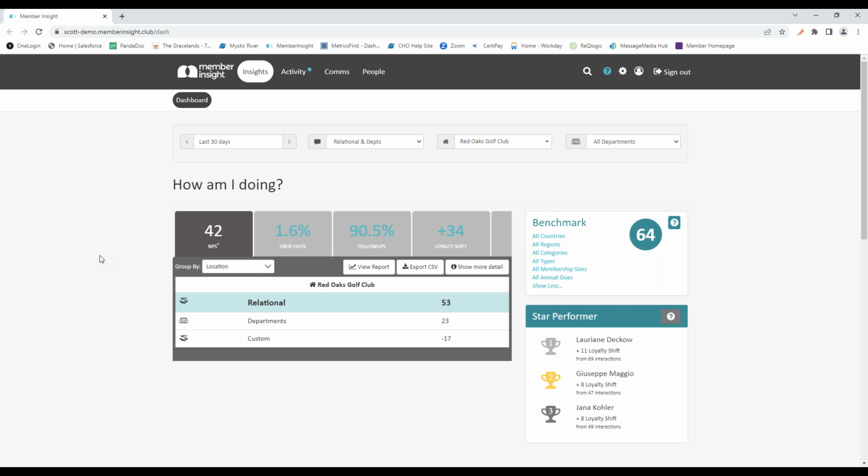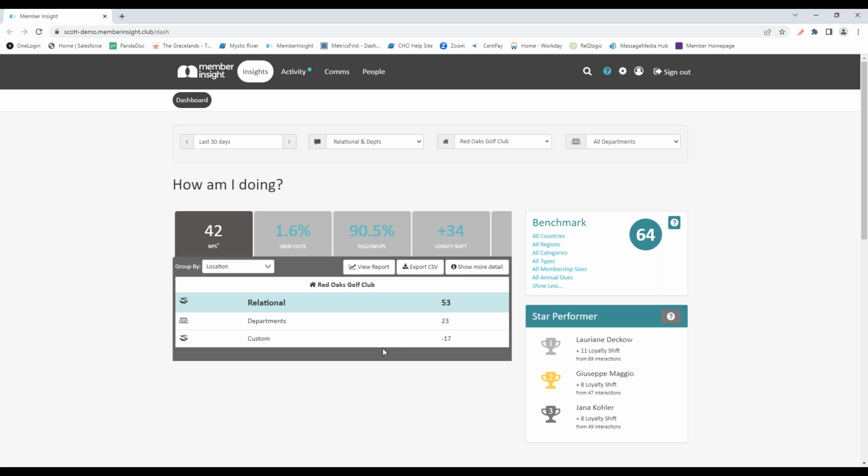So if you only want someone to get a survey once every month or once every 3 months, we can put those restrictions on them so they only receive that survey once every 3 months. You can put spending limits as well. So if someone needs to spend $100 in order to qualify for receiving a survey, we can do that through there as well. You don't want it, hey, I came in at the turn, bought a Gatorade and a hot dog. Probably not someone you want to survey every time they come through, but you can set up limits on exactly how often they qualify to receive a survey.